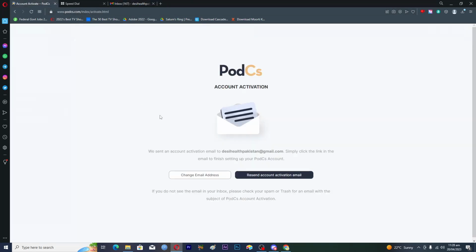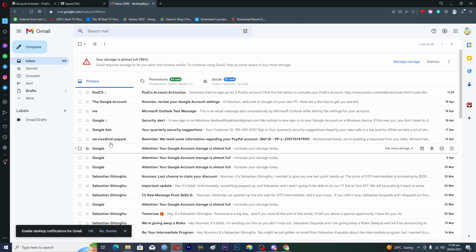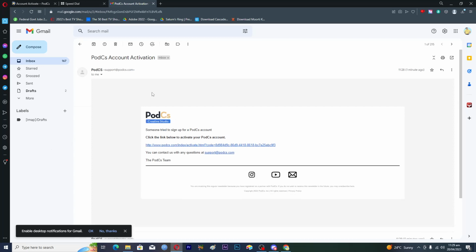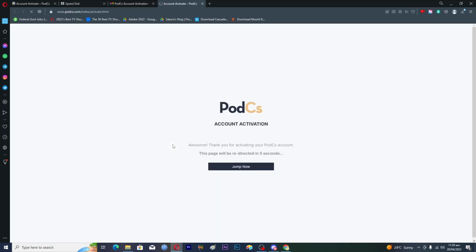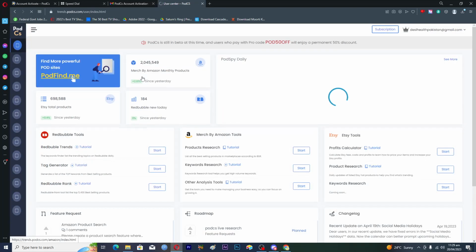Okay, so here it says that we sent an account activation to this email, but I didn't receive any kind of email here. So let's check it again. Okay, I didn't get the account information here. Okay, so now you see that we have this email here. We just have to click on the link below to activate your account. So we will click on this link here, and then click on jump now, and it will open up